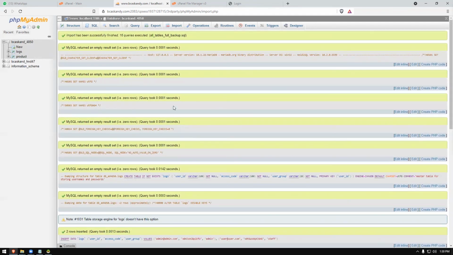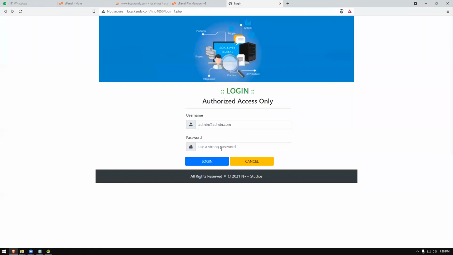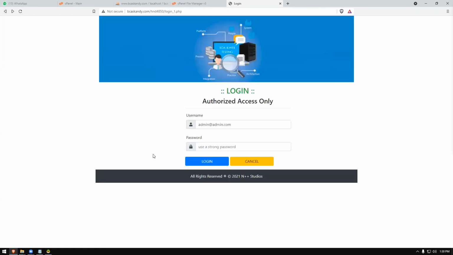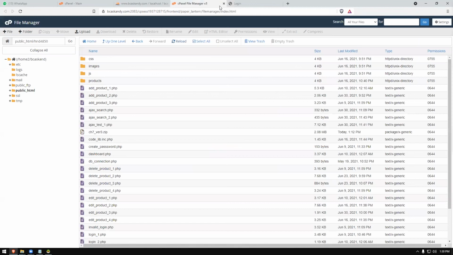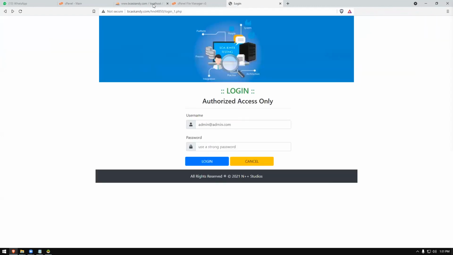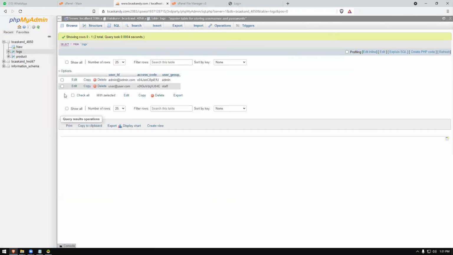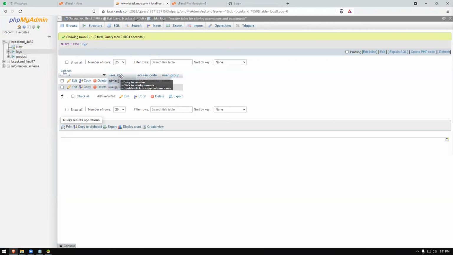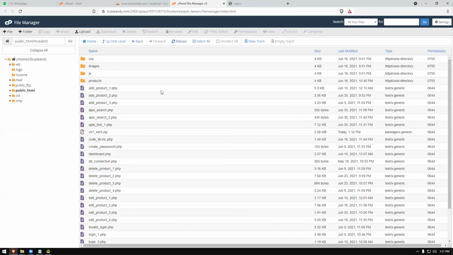Now what we need to do is, still if you try to log in, it will not let you in because the DB connection file is still having a problem, right? So after exporting the database, you can see the logs file here. If I click on the logs file, you can see the data, user ID, access code, all the things here. What we need to do is in the control panel, you can choose the DB connection file,